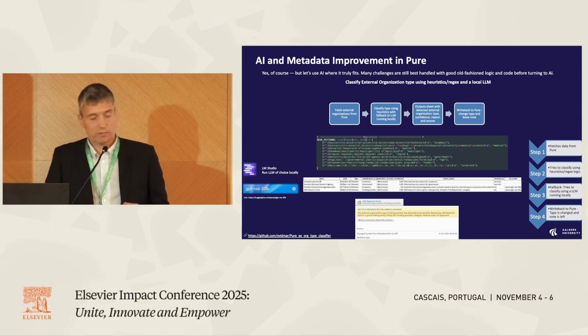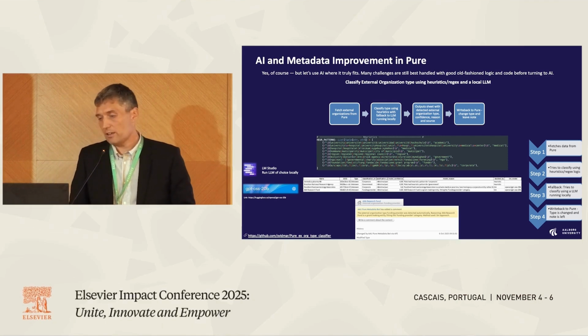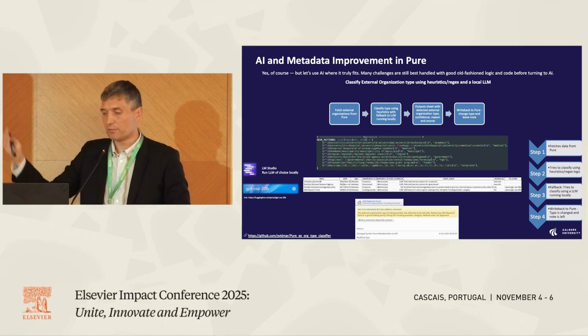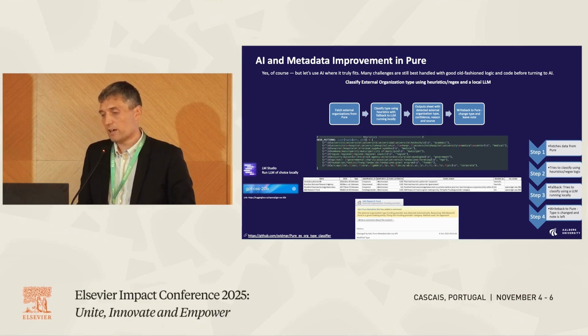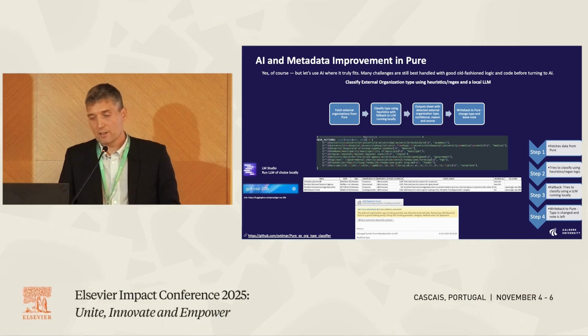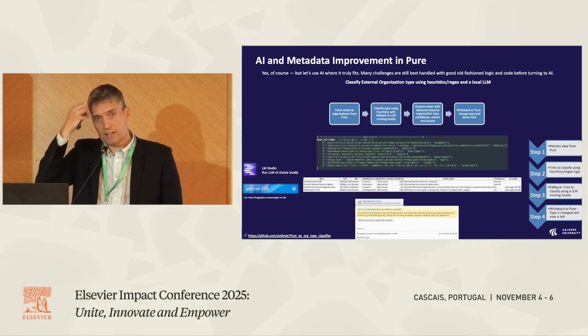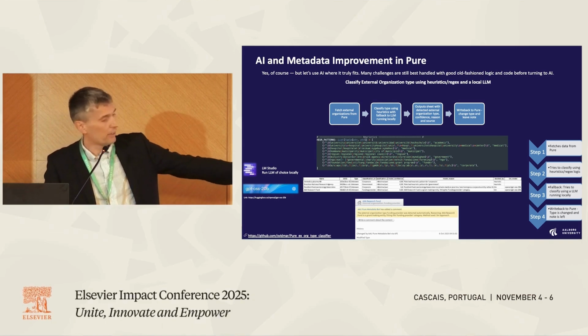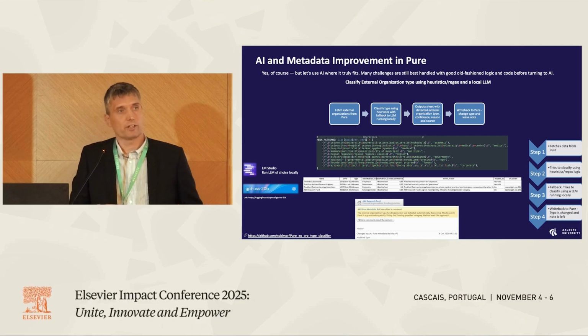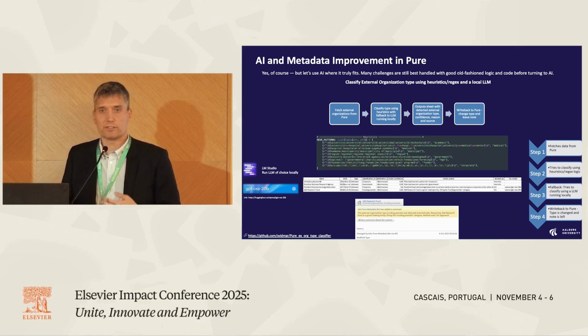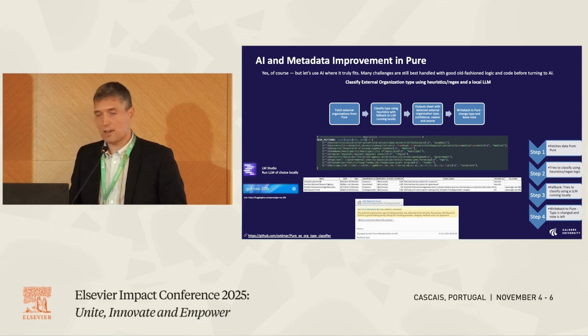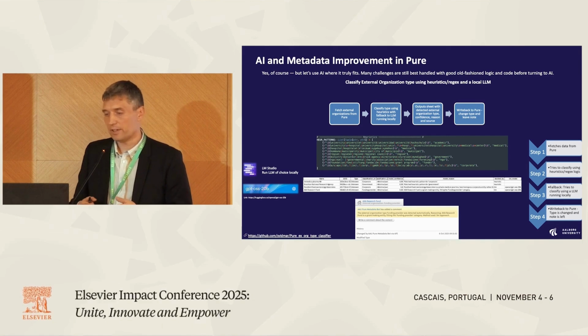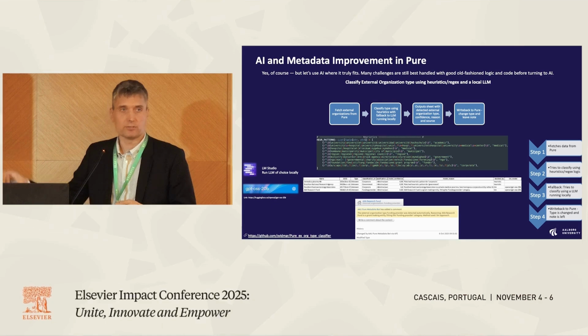It then outputs this to a CSV file, where you can evaluate the results, and then you can write back the type to Pure. And we created a specific user for that, which leaves behind a note saying that this external organization was changed to this type based on this reasoning and based on either heuristics or a local language model decision. So it's a way to use AI as a simple way to help you manage this task of